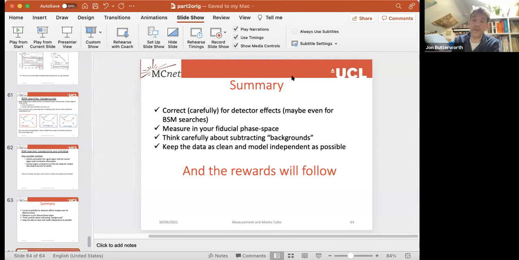The real problem is if there's a variable that you're not unfolding, but that has an impact on the distribution. A good example is, say, the B tagging efficiency, which can depend very strongly on PT, on the momentum of the B meson. But say that you're not measuring the PT of the B meson, you're just measuring the PT of the jet. Then the fragmentation function will tell you the ratio of the PT of the B meson to the jet. If that's not well modeled, then your unfolding will be wrong, because the efficiency correction,